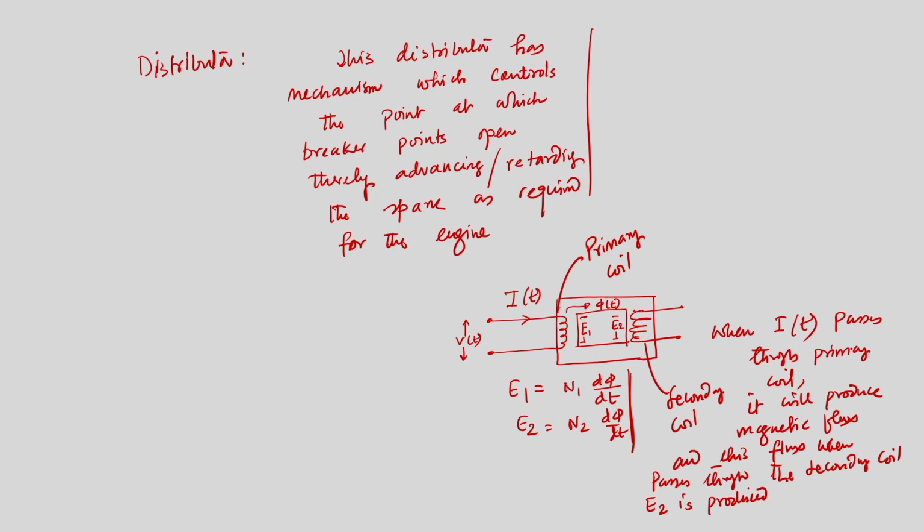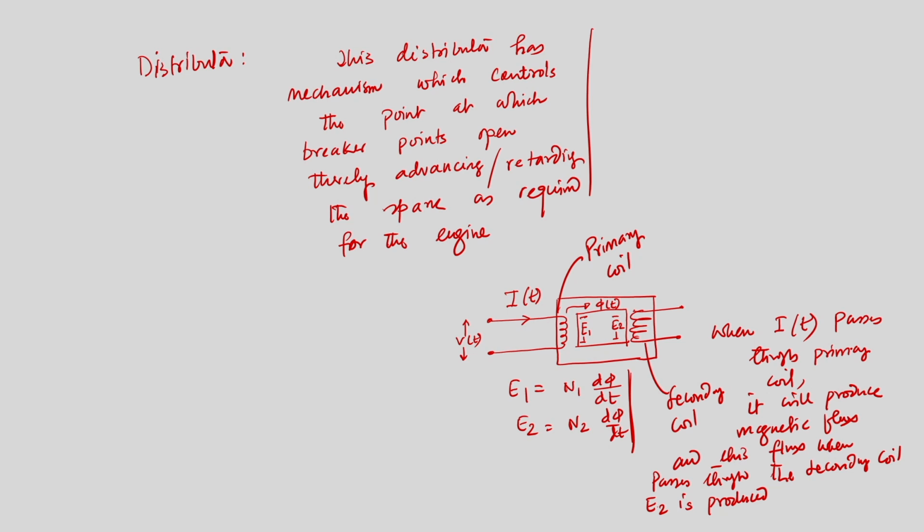So, that means we are allowing current to flow through the primary circuit. This is basically what is happening inside the ignition coil. To explain that, we have drawn this schematic. So, we know the voltage difference across the primary circuit, in the primary coil. If we now allow current to flow by switching on the switch.